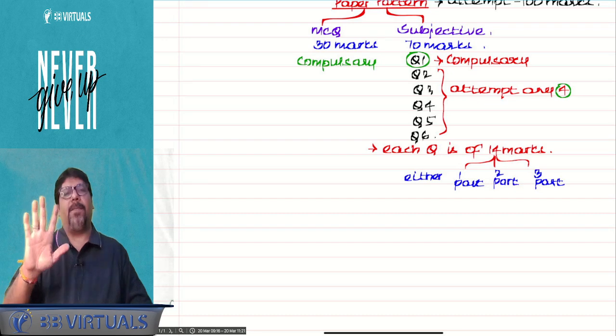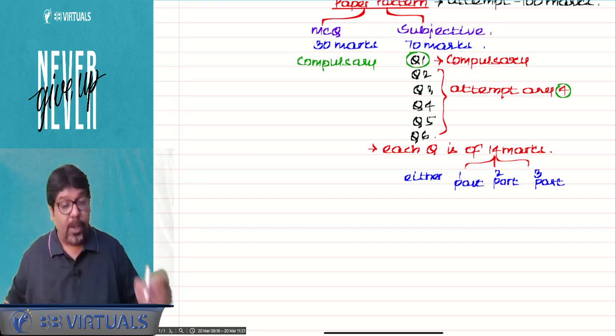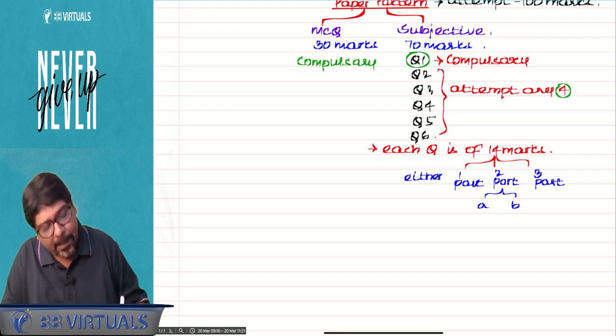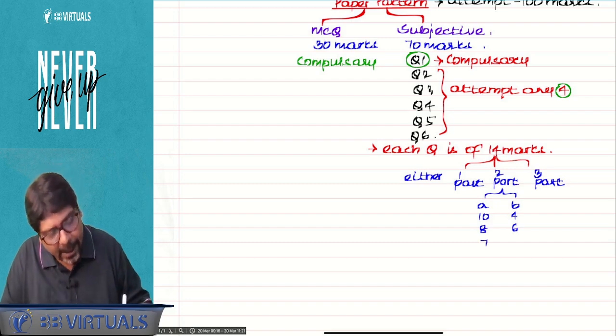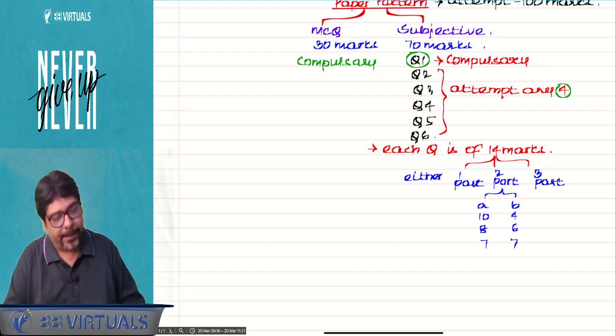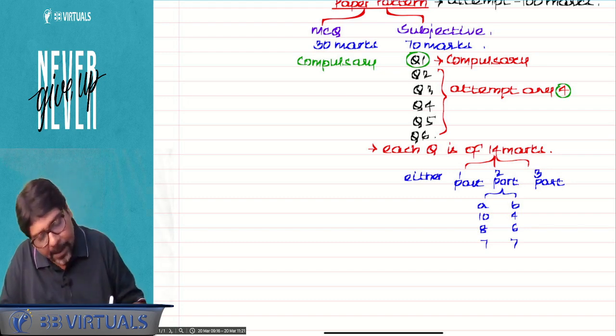One part means entire 14 mark is one question. 2 parts means 2A, 2B. It can be 10, 4. It can be 8, 6. It can be 7, 7. Am I clear? Okay. 3 parts means A,